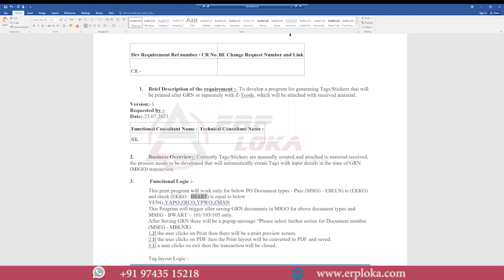So what I do, I take the material document number. From that, I select the purchase order number. That purchase order number I'm passing to the table EKKO, and I'm checking what is the document type of the purchase order. This is just to have a filter of the document types. So business says these are my document types for which I need to select the print functionality only for this document type. So this program will trigger as soon as I save